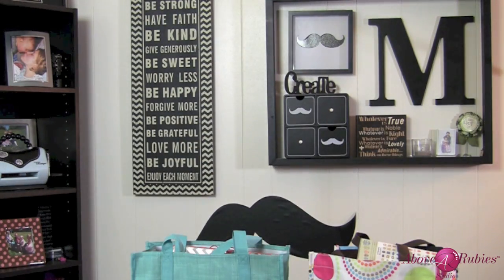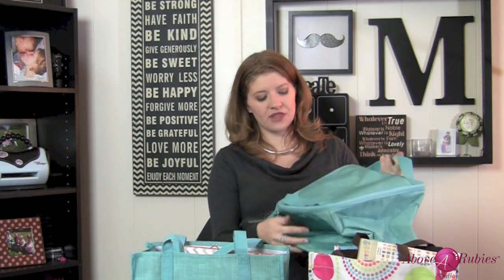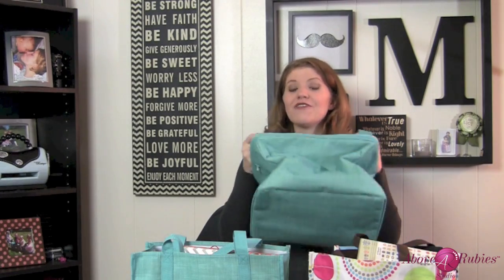It's just so cool. There are so many different uses. I love their coolers, and these are really cool. This is a little thermal bag. They come in a variety of sizes, but they're designed to fit inside the large utility tote. So they're very universal, very stackable, so you can really get your stuff organized, not just for scrapbooking, but